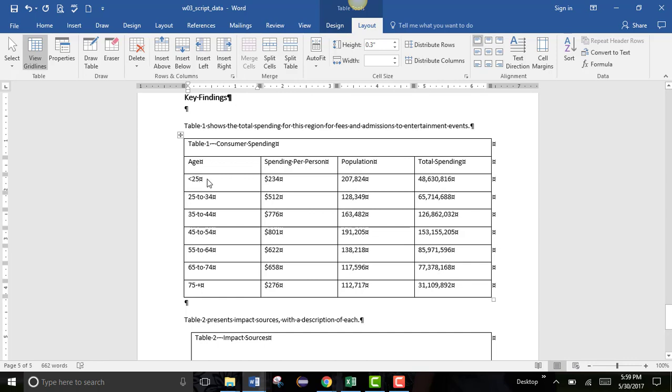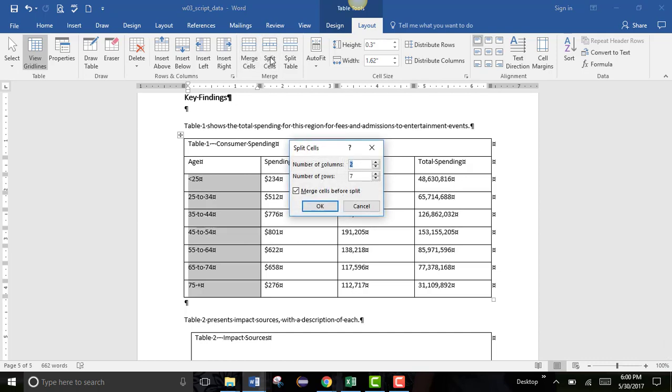Okay, so now I'm going to position my pointer just inside the left edge of the third row here, and drag down to select just the contents of this first column. The reason for this is I want to have 2 columns underneath. I'm going to have it be age and category. And I'm going to have 2 columns just in this highlighted section, so not in the age cell or in the Table 1 cell. So what I want to do is basically take each of these cells and split them into 2 cells. For every 1 cell that was there, I now want 2 cells for each row. Once I have the cells highlighted that I want to split, I'm going